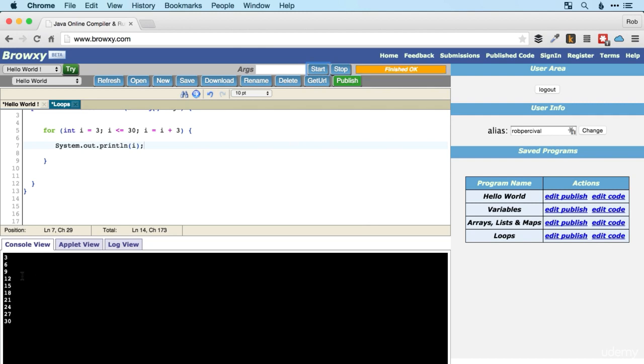So let's take a look. 3, 6, 9, 12, fantastic, all the way up to 30. Brilliant. So whichever way you did that, well done. For the tougher challenge then,